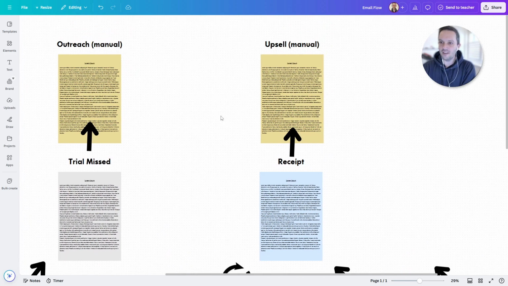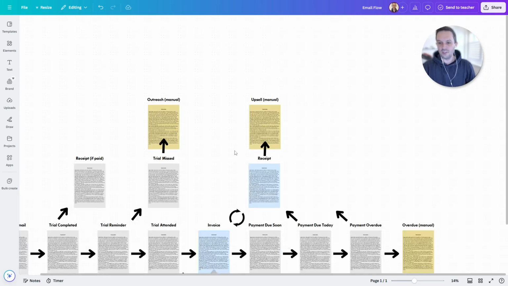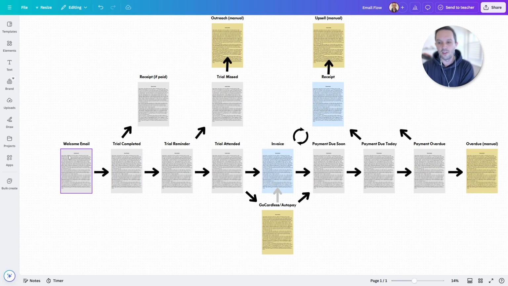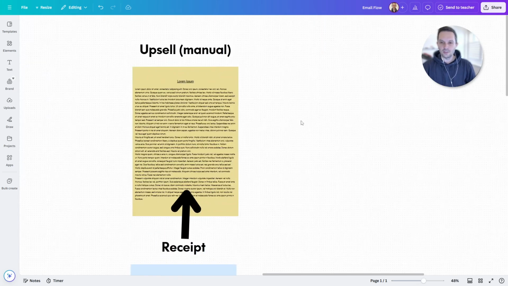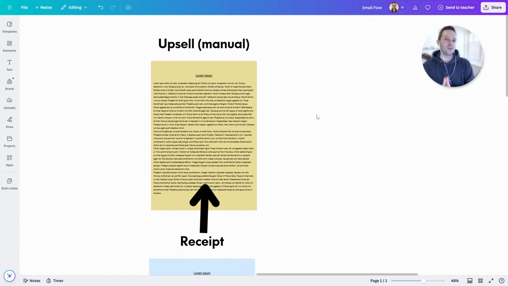And then off the back of here, this is more thinking about the new member journey from the welcome email through to their first invoice, their first receipt, and then having a manual upsell saved. This could just be something that is welcome to the school, the academy, whatever you refer to yourself as. Thank you for your first term payment. Did you know? And then we can have a whole bunch of things in there, whether it's about uniform, events, private lessons, other opportunities. We could even have little blocks in there that you could customize or delete as appropriate